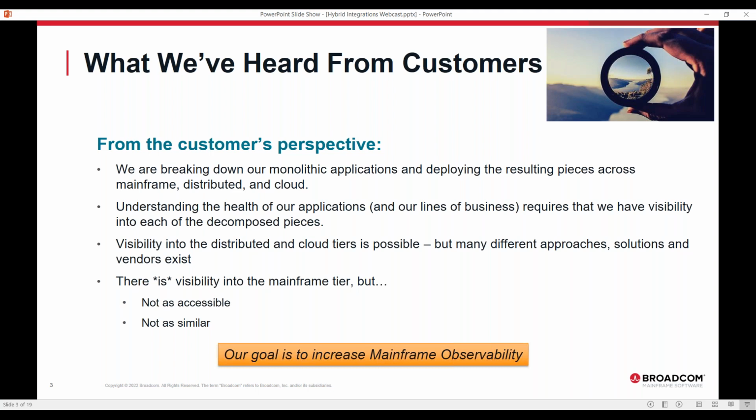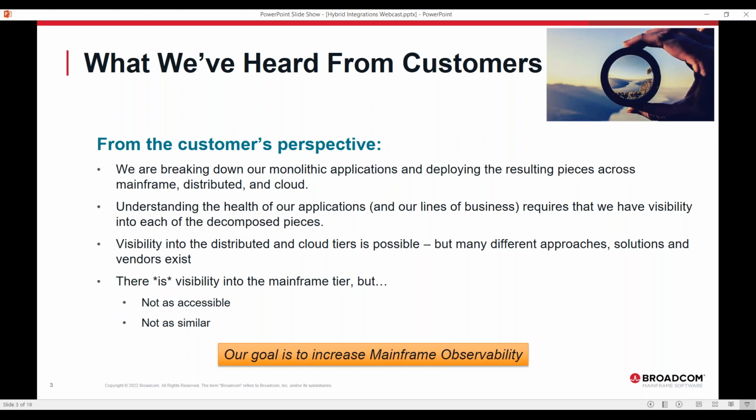We're going to show you one solution today, but there are scores of them, literally dozens, and part of our challenge is to connect with all of those, because you as a customer may have chosen one or more of these as your distributed observability tool. On the distributed side, I think they're pretty far along with that, right? And then we get into the mainframe.